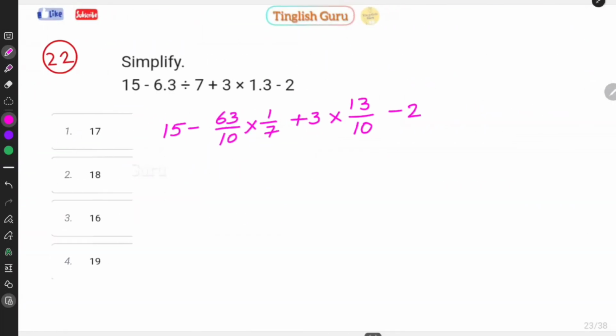Next, again a simplification question. Here also I wrote 1.3 as 13 by 10 and 6.3 as 63 by 10. So you can solve it easily. So solve it and give the answer in the comment section. Next,